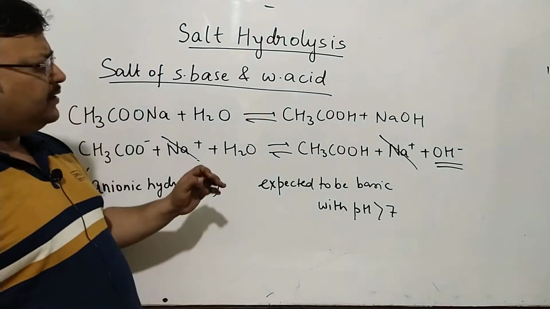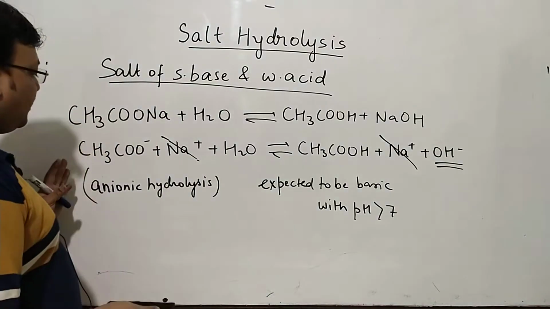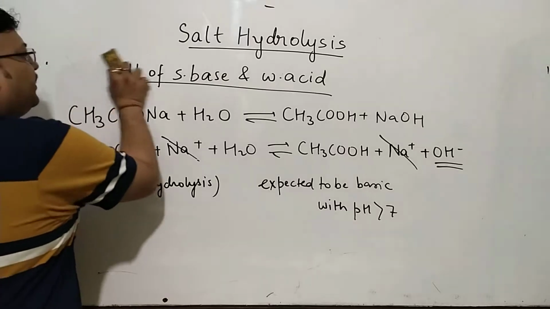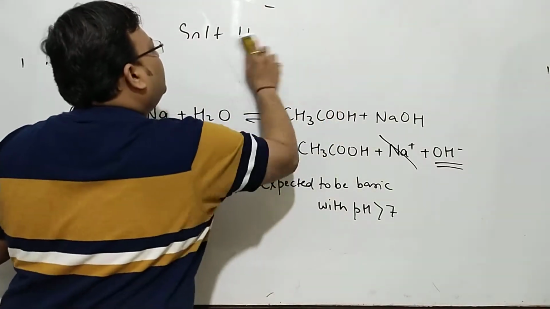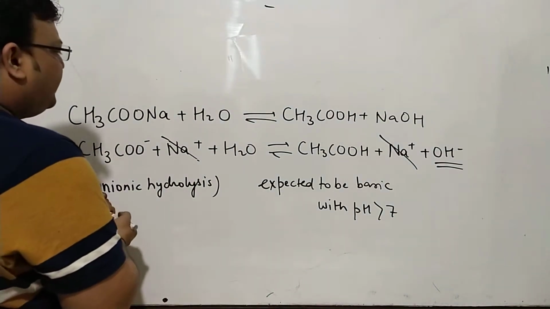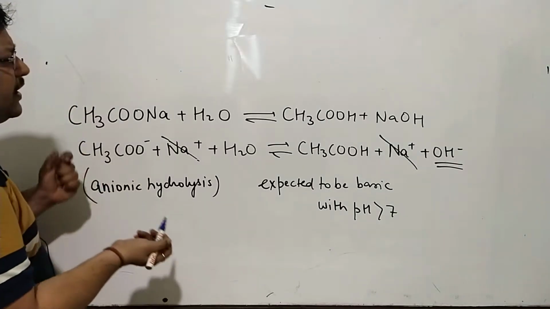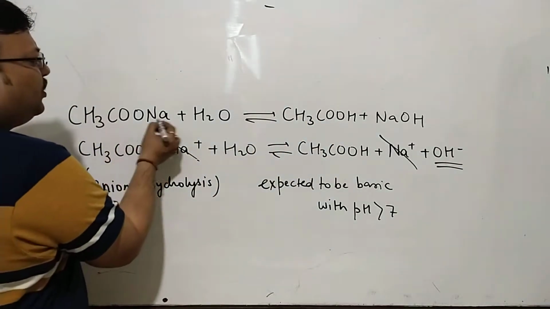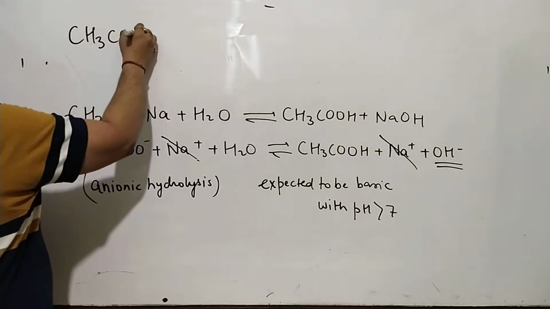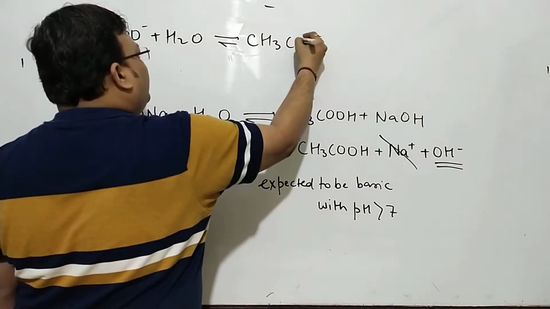Now let's take it up in more formal manner, and we'll want to take up from this equation, this anionic hydrolysis. So right away, I would be writing for this anionic hydrolysis. Let's take up acetate giving acetic acid and OH minus. The name is also very clear. This is neutralization. This is salt hydrolysis. I told you we'll begin from this point. Acetate in water giving you acetic acid and OH minus.